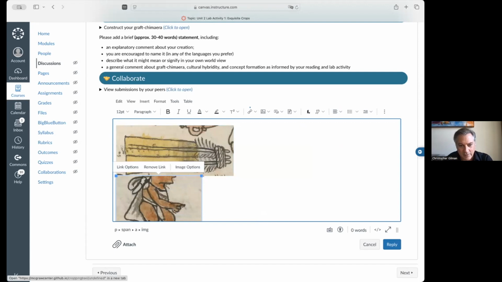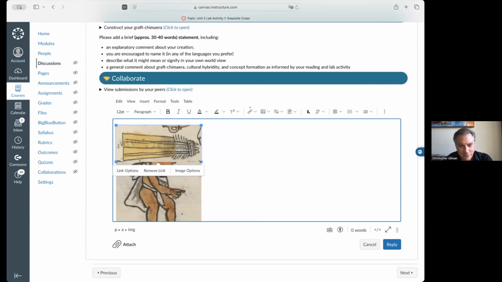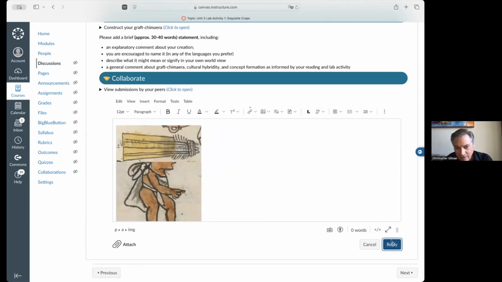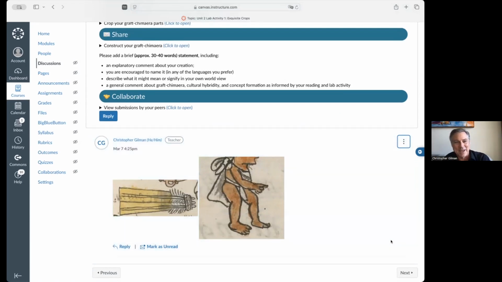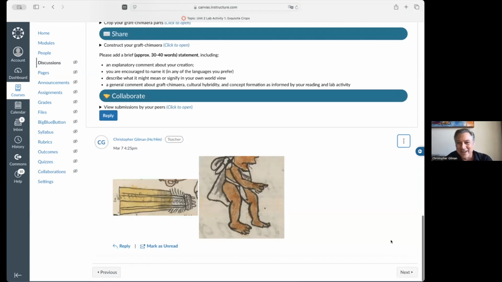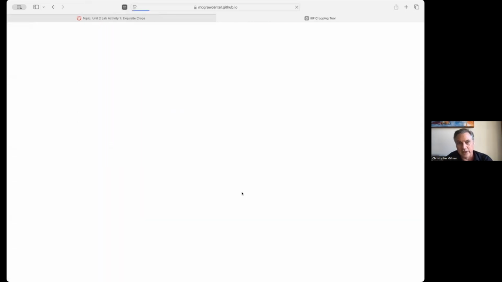This is probably not the best performance of this task, but technically you get where I'm headed. Well, that's a different kind of hybrid than I expected. But you get the point. You're taking bits and pieces. You search through the entire Florentine Codex. And by the way, each one of these items, once pasted into the discussion forum, is a live link to this item that, if you click on it, should load it